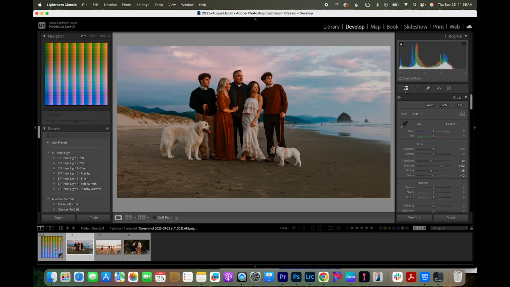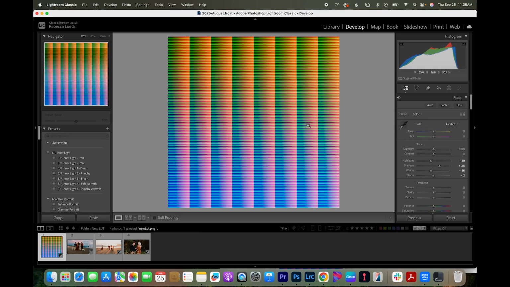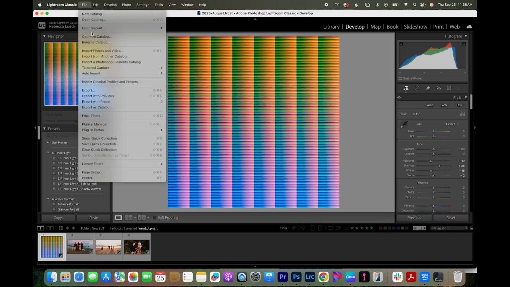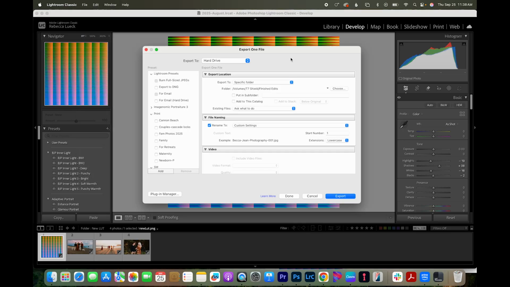Okay, so now that is there. So it looks different now because this is the before and that's the after. So you can see that we changed some of the colors and things like that. And now you're going to go up to File, Export, and you're going to need to export it to that